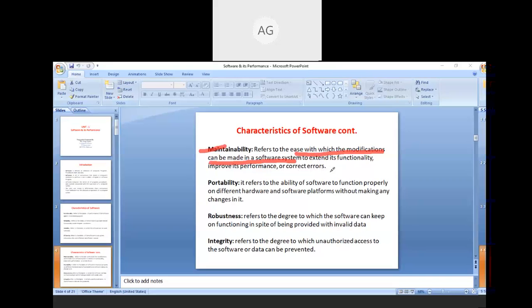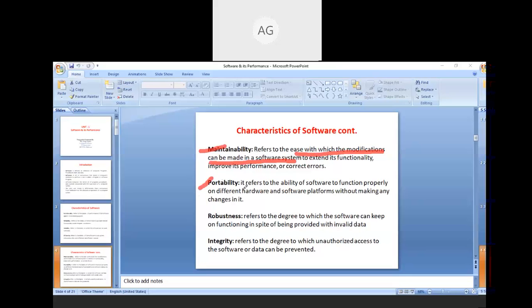So as you can also know that once you purchase a certain product or any good, then you also need to maintain it, whether it can be your bike, the TV, the laptop. So you can purchase it once, but you need to maintain it in order to perform it better. So maintainability is another characteristic of software.